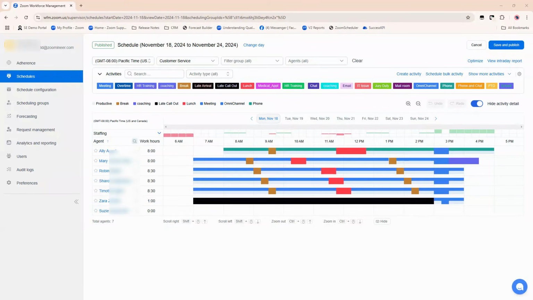This clip is about WFM activities and how to create them. Activities are the various tasks or responsibilities that an agent performs throughout their shift. Within a contact center, an agent's shift is often pre-scheduled with various tasks or responsibilities the agent is accountable for to perform throughout the day, such as attending a team meeting, taking a scheduled lunch break, or working a